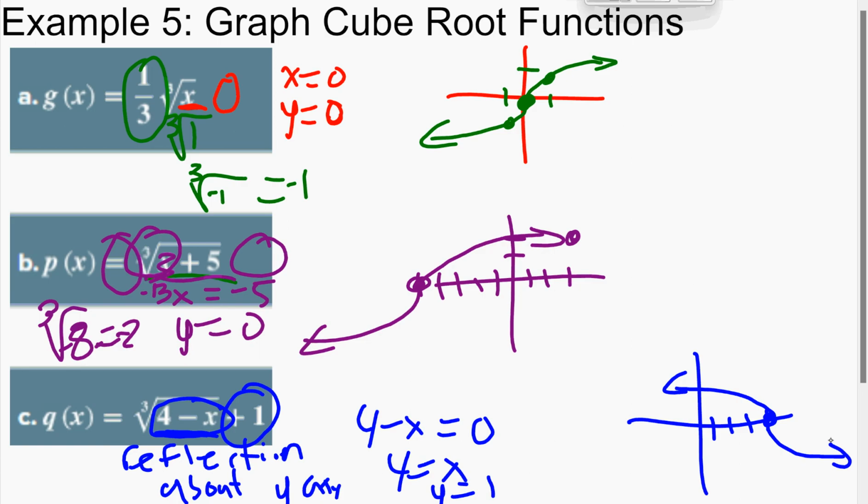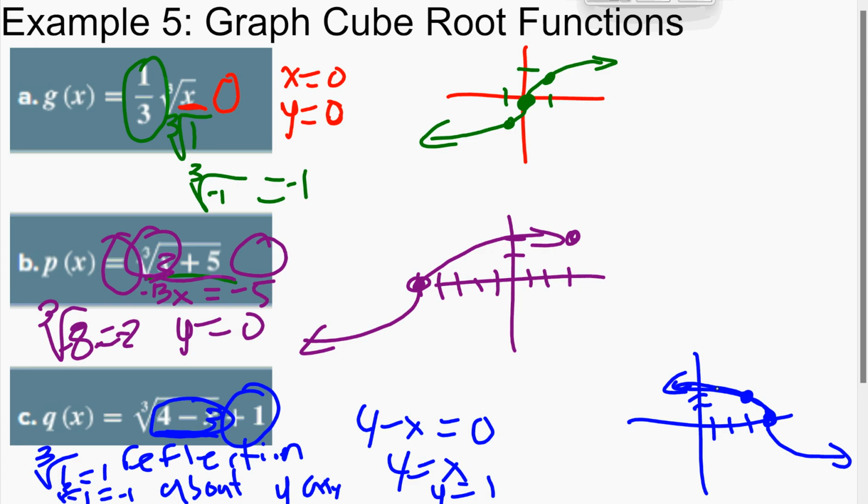And you could test that out by plugging in numbers. So I could plug in, say, to get a -1, or to get a 1. If I plug in 3, I would get the cube root of 1, which equals 1, and 1 + 1 is 2. So I plug in 3, I'd get 2. 1, 2, 3, 1, 2. There's a point right there. So you notice that it went this way. And then I could plug in a 5. If I plugged in 5, I would get -1. The cube root of -1 equals -1. -1 + 1 is 0. So at 5,